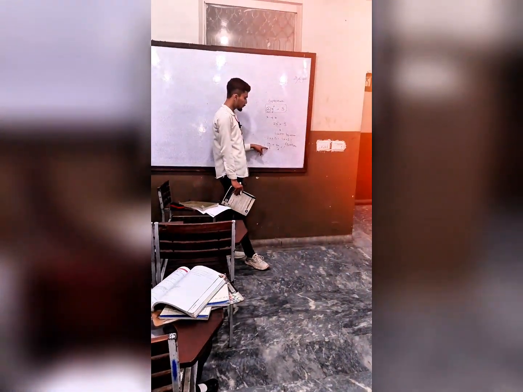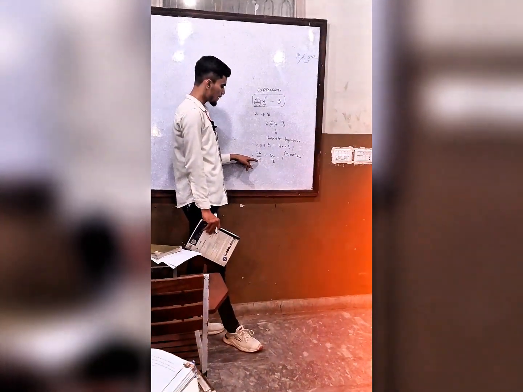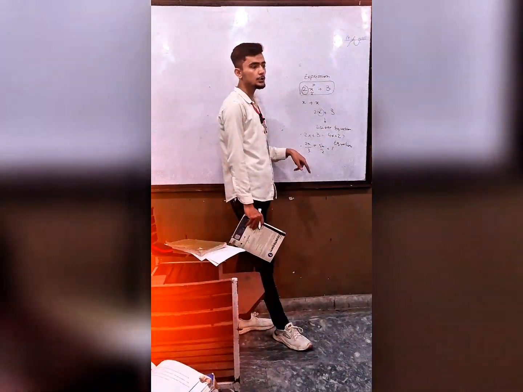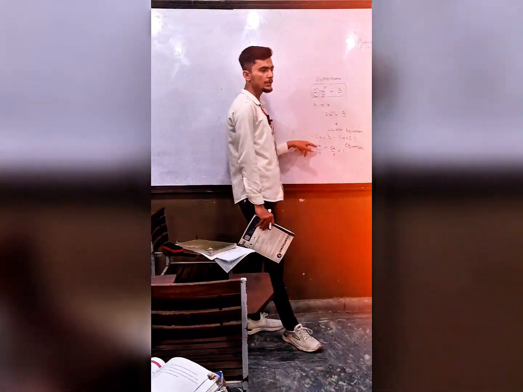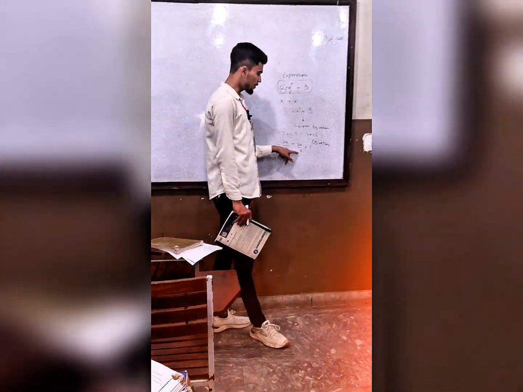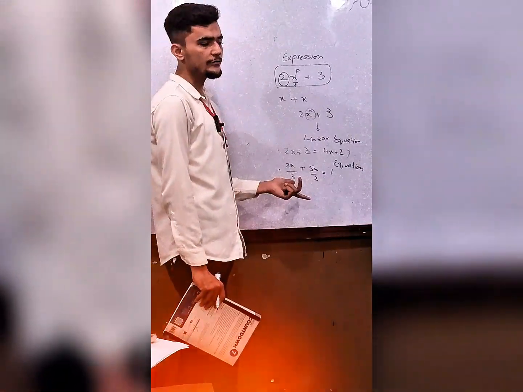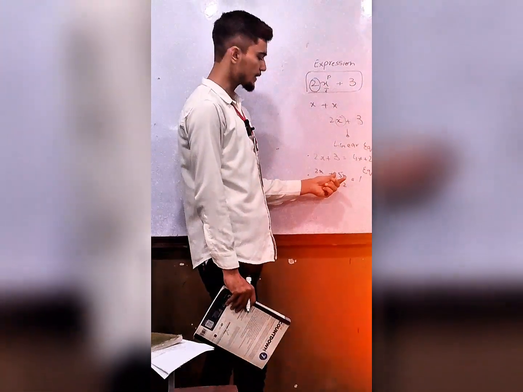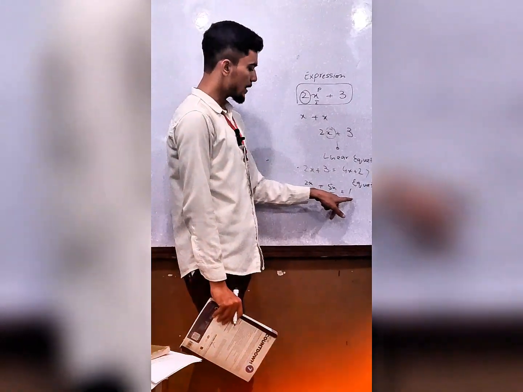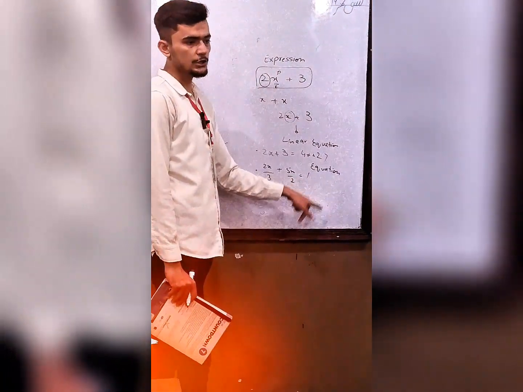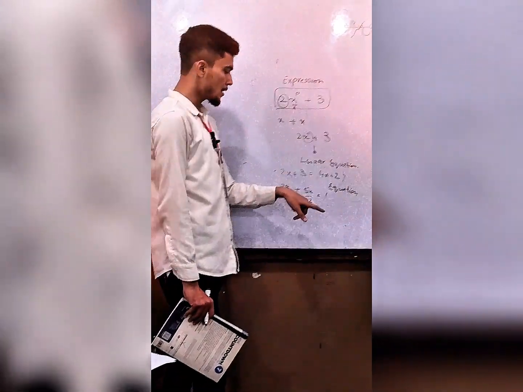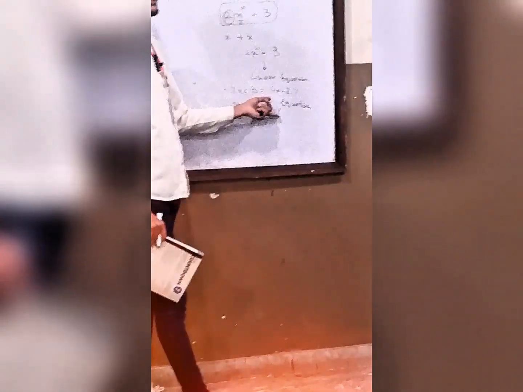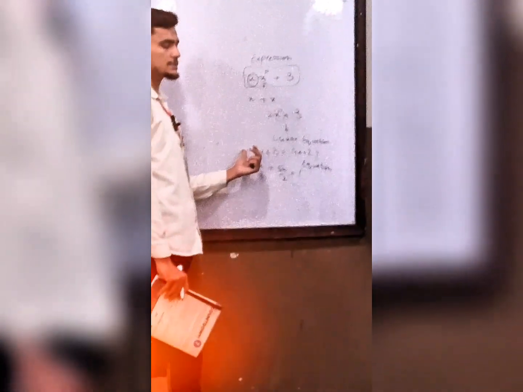We think on which number the LCM 6 comes in the table of 3. 6 comes in the table of 3 on 2. So we multiply the numerator of this fraction by 2. Now 6 comes in the table of 2 on 3. So we multiply the numerator, that is 3 multiplied by 5x. When a number has no denominator, there is always a 1. So in the table of 1, 6 comes on 6, so we multiply by 6. Then solve according to this method.